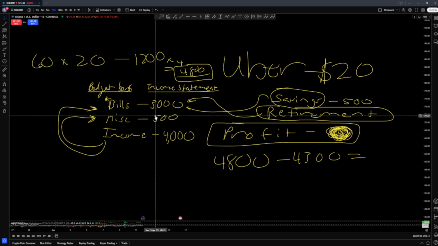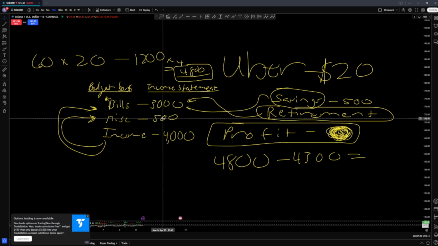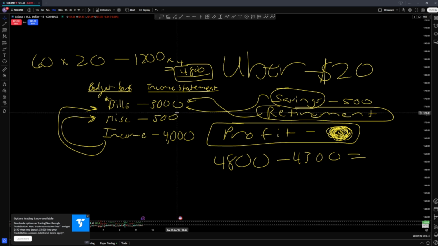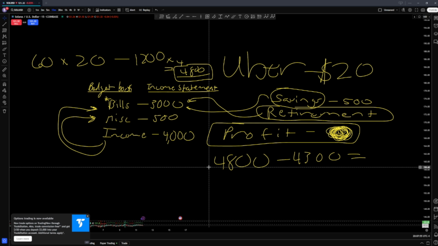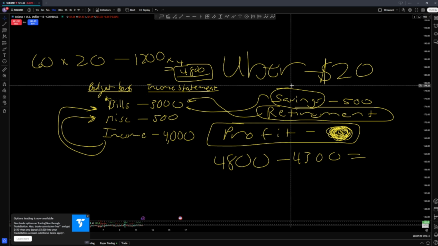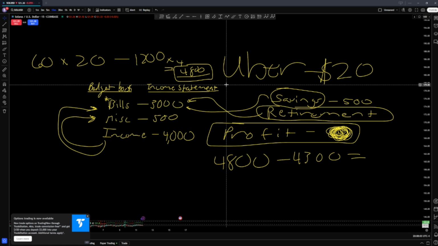Things like groceries that vary, food, going out to eat, having fun, whatever, that goes in miscellaneous. Those are quite variable, but there's an average that you have in mind. I know you can find that number, okay? But you need to have your savings and retirement in this. Okay, my potatoes are burning, all right? So please understand all of your assets that you're feeding need to be in your bills, okay?